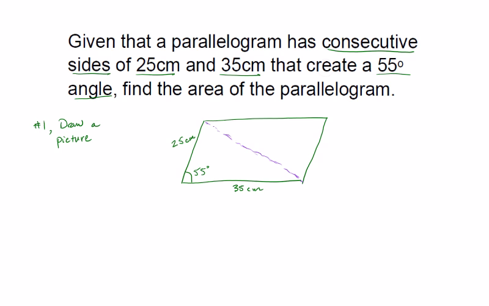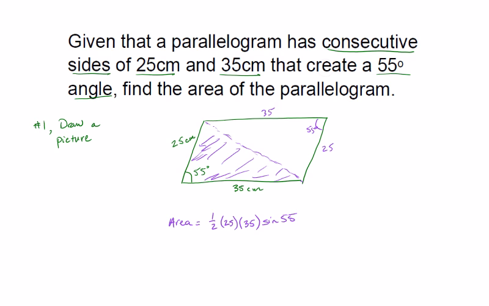And so now you can see that we have triangles. This is also 25 if you think about it. This is also 35, and this is also 55 if you know a little bit about parallelograms, right? But this way, I have basically two of the same triangle. So we would probably use this area formula, right? The area equals 1/2, and then I would do 25 times 35 times the sine of 55, and that's just going to find this area,